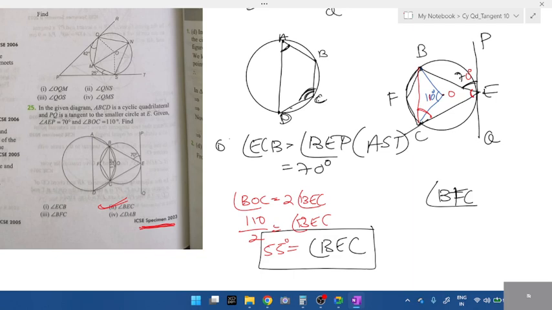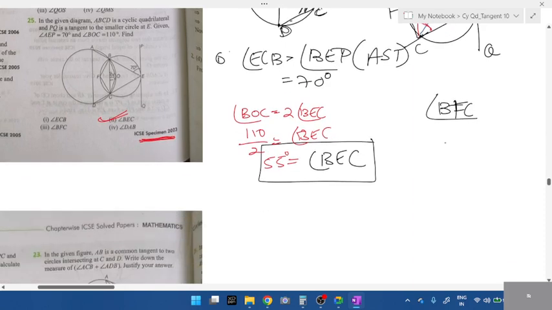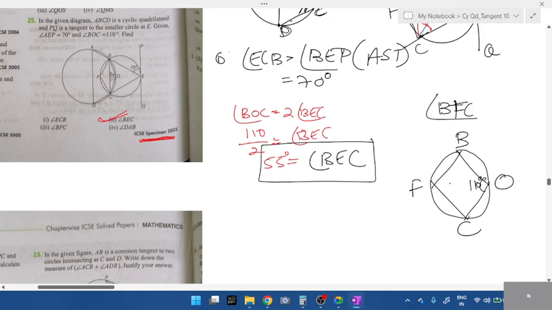No, you're definitely always the center, student. They should have given O. Apart from that, you can't calculate. What else can be done? Okay, let us take the smaller circle, the smaller one where both bigger and the smaller circle join. This one, B here, O, C, and F. This is a cyclic quadrilateral. This is 110. Opposite will be 70 degrees. If this is 70,